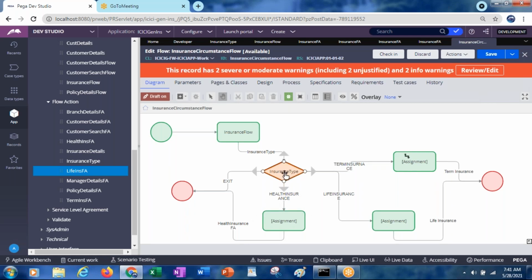Now in this, as I said, we don't need this decision tree. If we don't need this decision tree, even these flow actions are also not required.